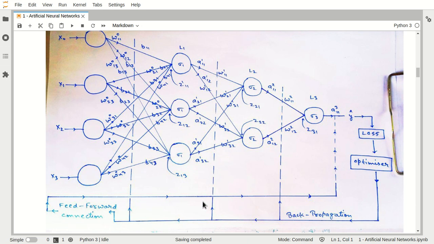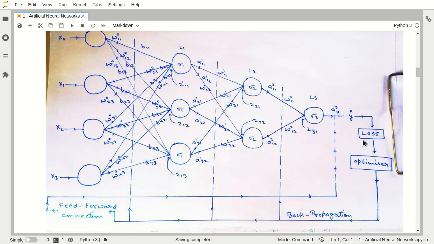In the feed forward connection there is no learning; our network will not learn anything there. But after the feed forward connection, when we get y hat, the predictions from the model, we use this predicted result, pick one loss function, and then calculate the loss.